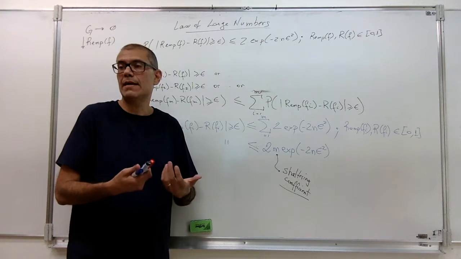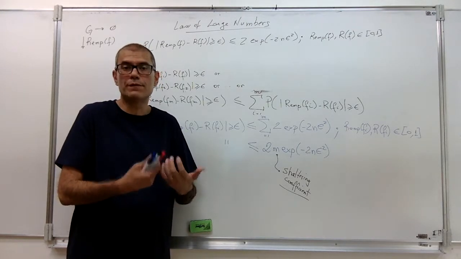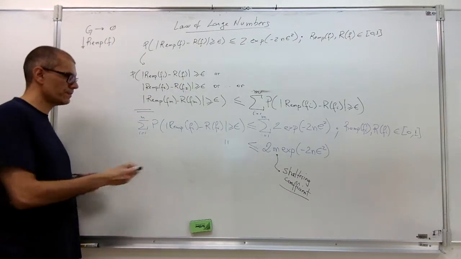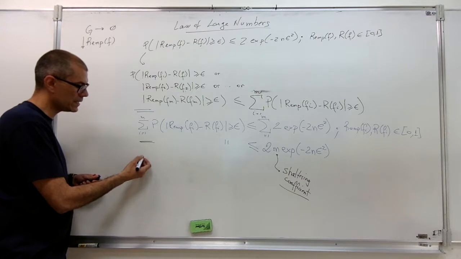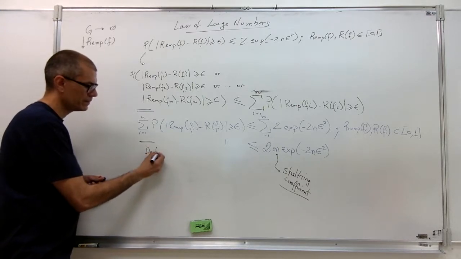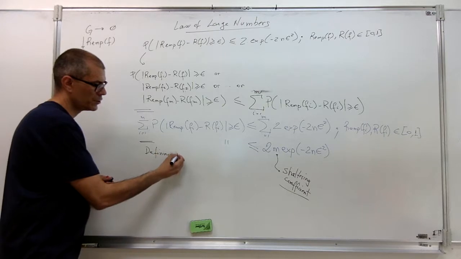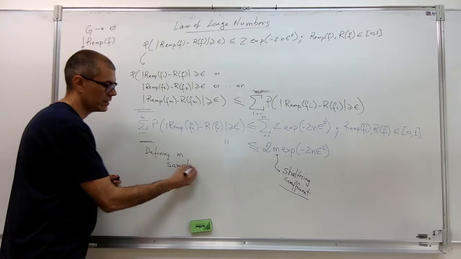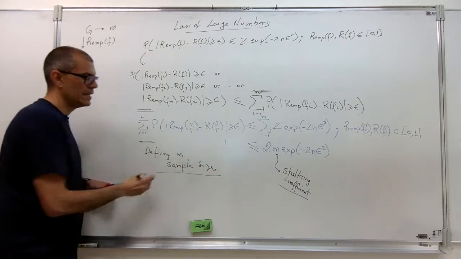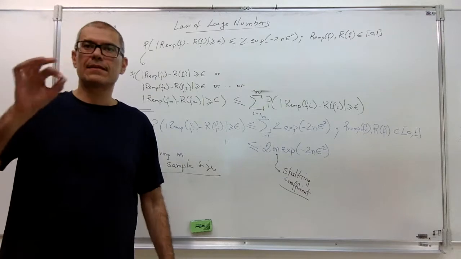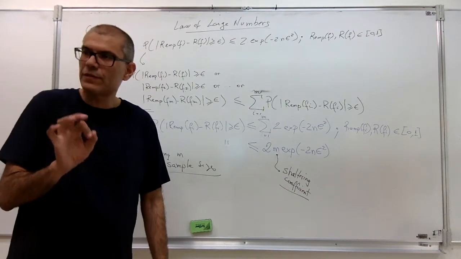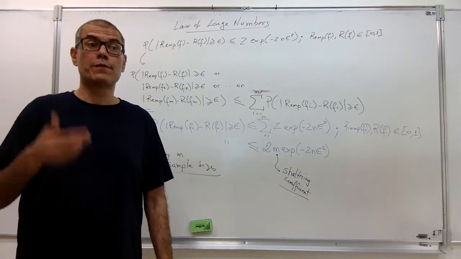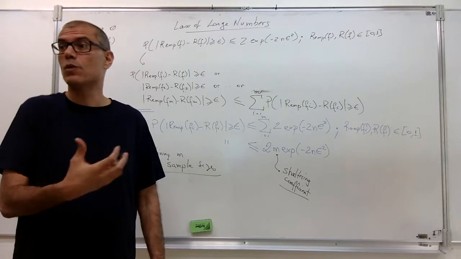So somehow I have to find a way of defining m. And that was something that Vapnik did afterwards. He came up with this idea of defining m, or the shattering coefficient, in terms of sample sizes. In my opinion, that's the most relevant contribution in the sense of practical problems, because from that we can see how that's going to work in practice.